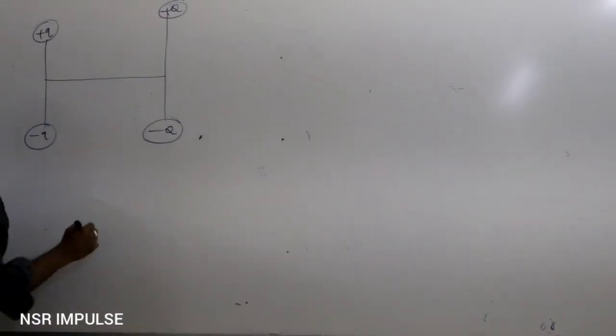Next one is again force between two dipoles, but this is the arrangement: minus q, this is plus q, and here minus q, and this is plus q. Distance between these two